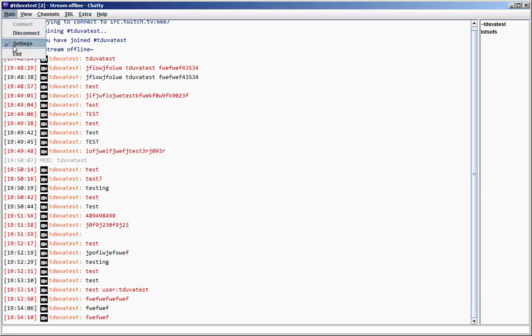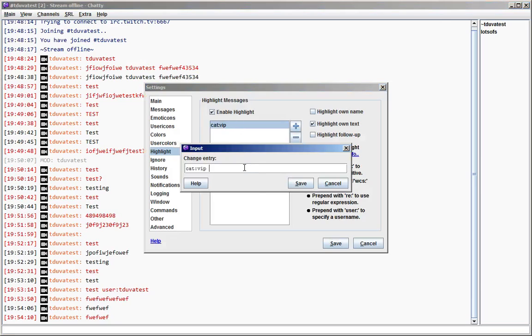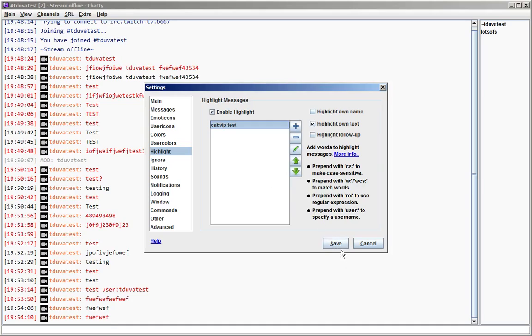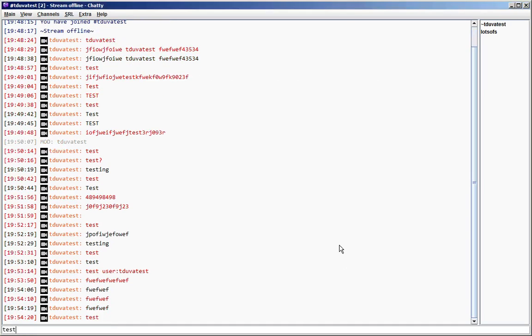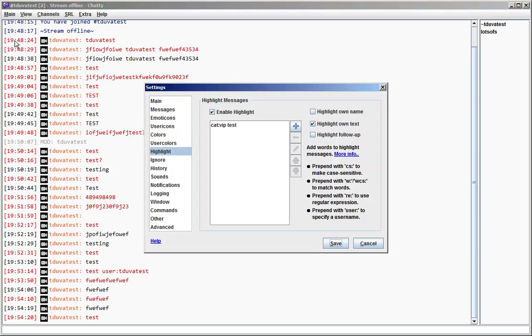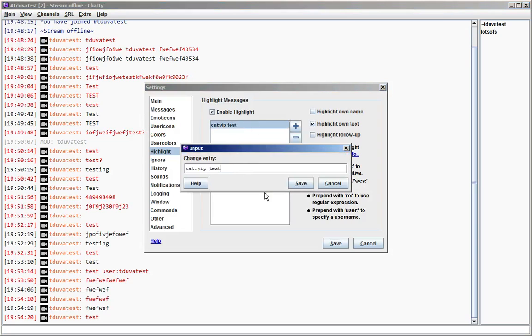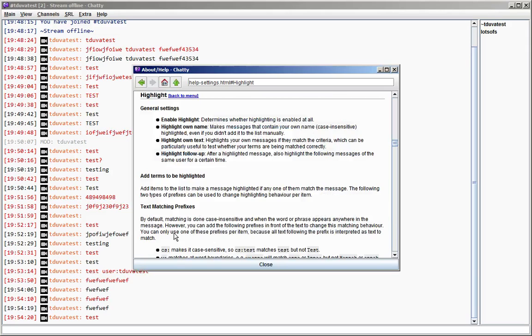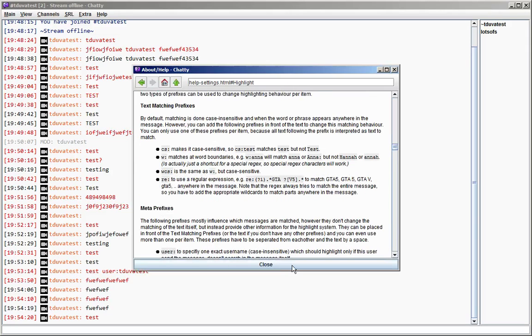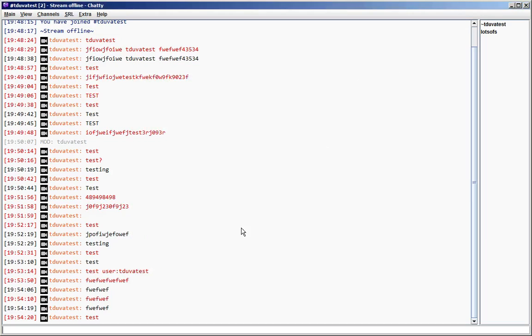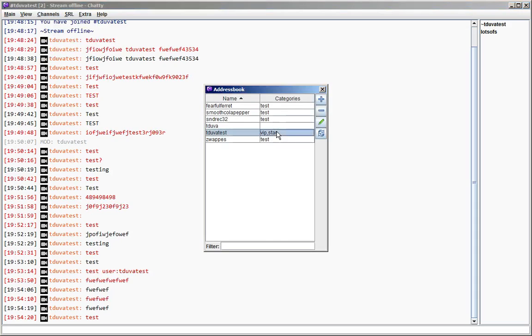And of course, as with the user prefix, you can also combine this with other stuff. And now it only matches if I write test, like I defined here. Yeah, so that's the category prefix, which can be quite useful if you want to have several users highlighted, like a VIP category or something like that, where you want all users in that address book category highlighted.